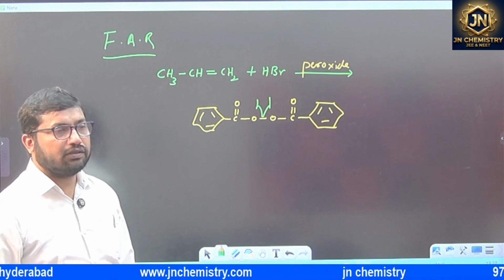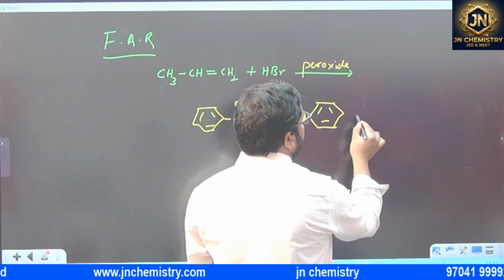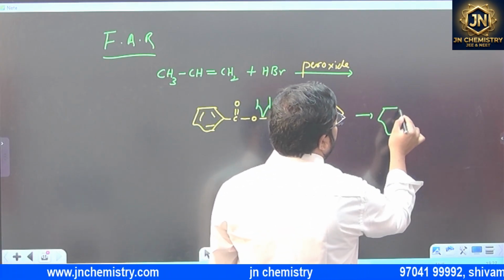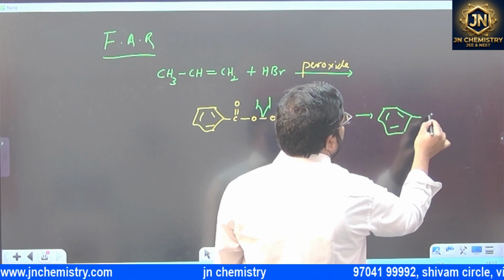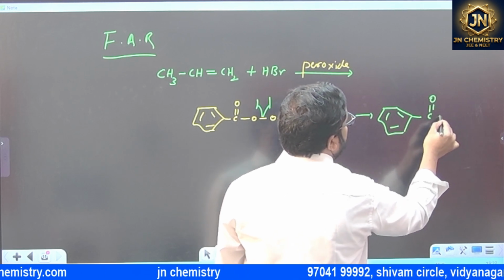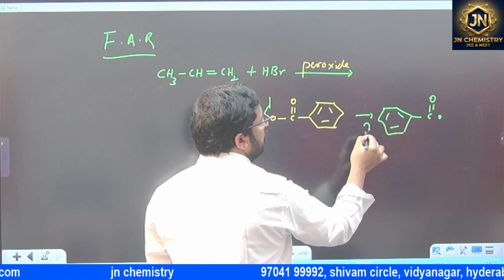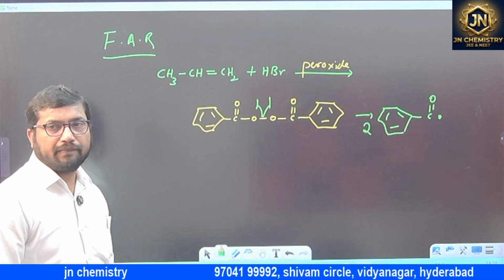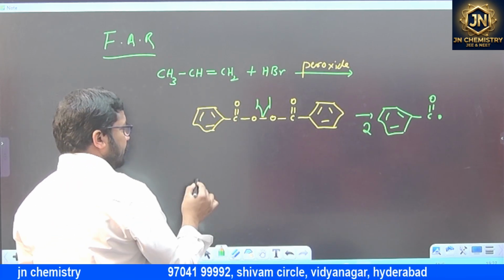Homolytic cleavage means what? What we will get? C double bond O radical, 2 moles, is coming around. That is the first step. In the second step,